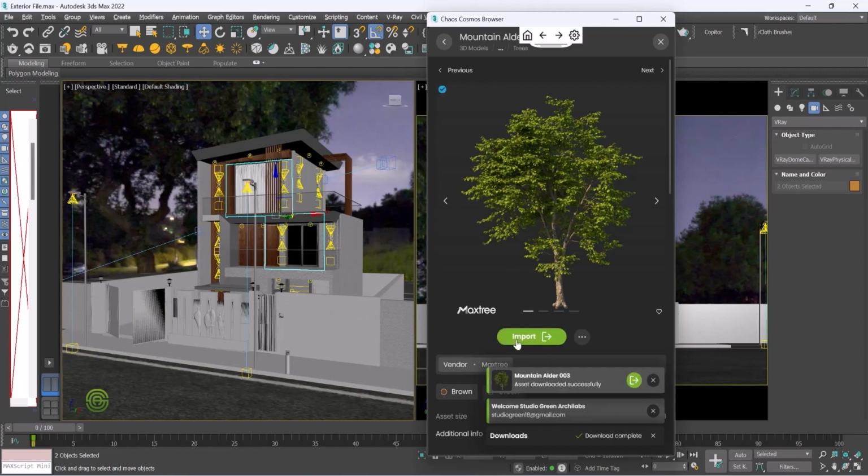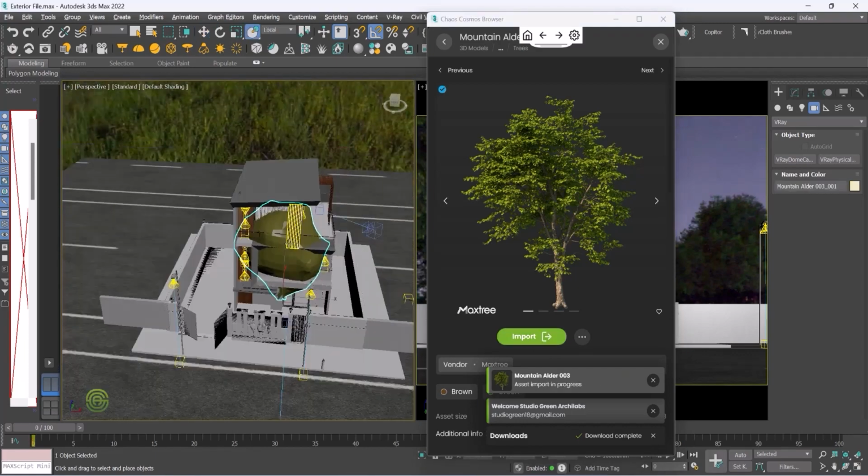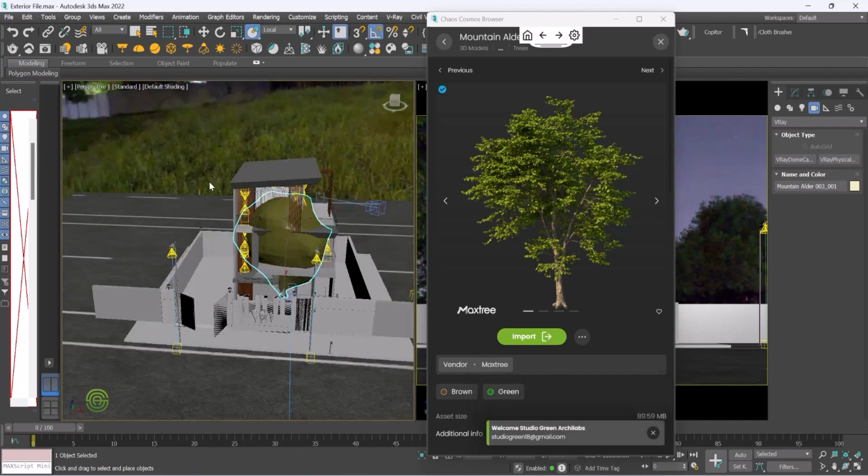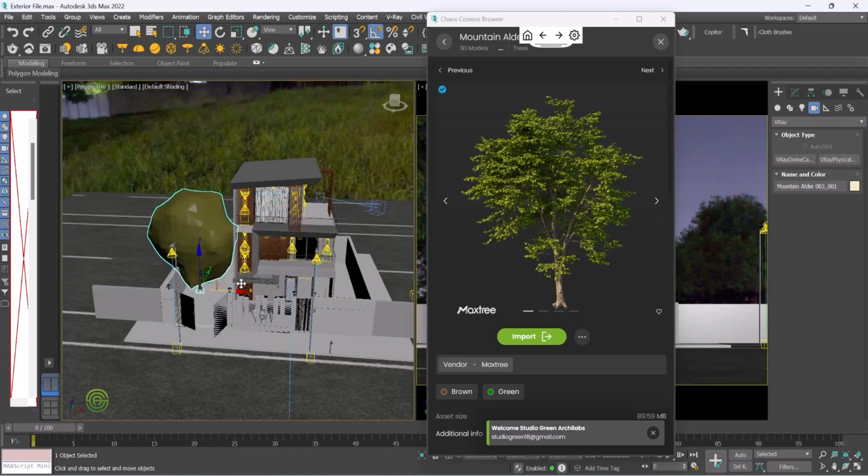So once after downloaded, just click on import. So now you can see the tree has been loaded in the 3ds Max file. So click on the move and just place it over there